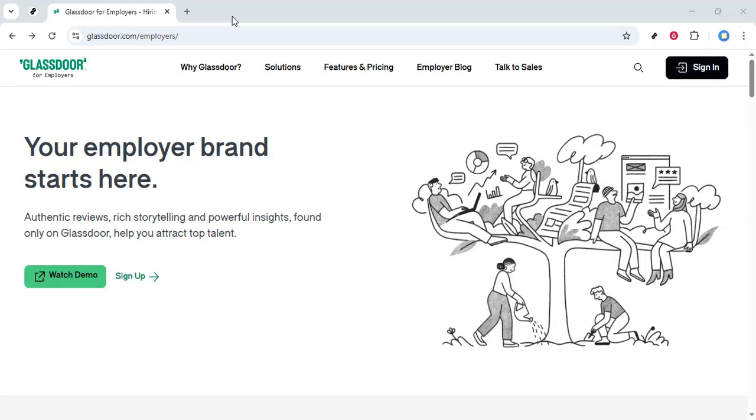In this video, I'll guide you through how to set up an Employer Center account on Glassdoor. By the end, you'll have your basic account created and be ready to start managing your company's presence on the platform. First, let's get started by going to the right place. Open your browser and head to